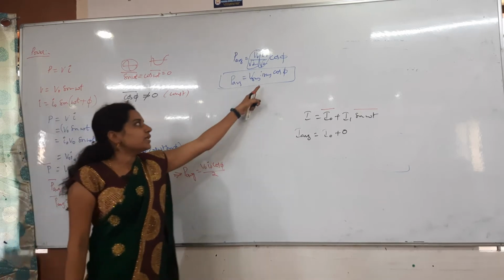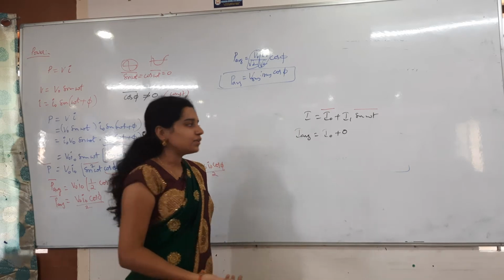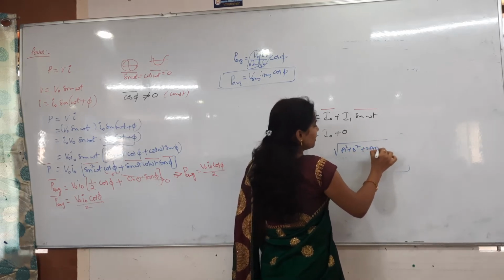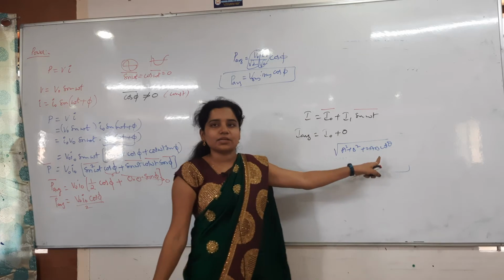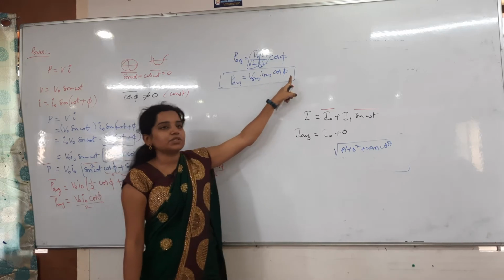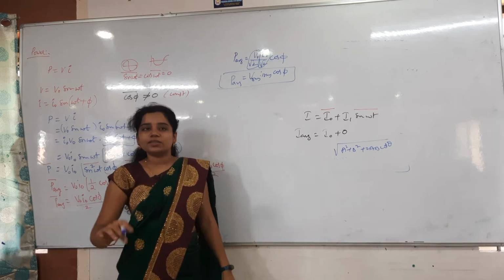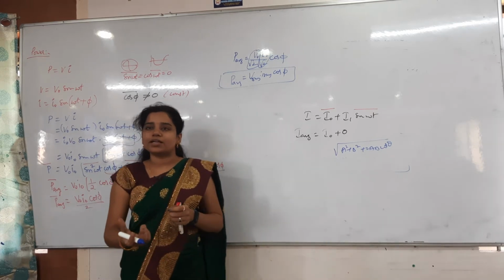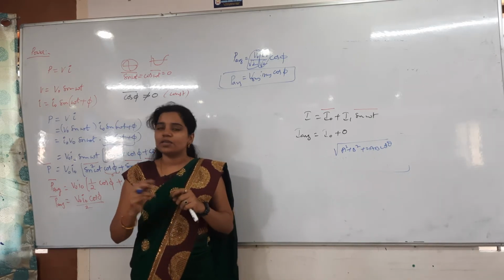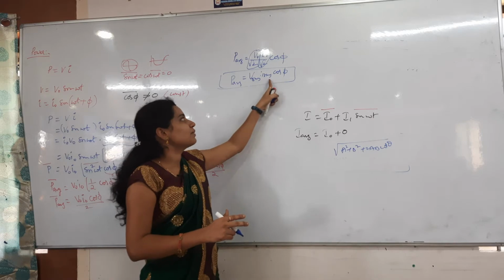Also, this indicates that the angle between the VRMS and IRMS is phi, giving cos phi. Obviously, in the magnitude formula under root a square plus b square plus 2ab cos theta, theta is the angle between a and b. Here also we have VRMS, IRMS into cos phi, so phi is the angle between VRMS and IRMS. From that we get the wattful current, and otherwise the wattless current. Two types of currents will come, and based on those components we will take it. Clear? This is about the power: average power is equal to VRMS, IRMS into cos phi.